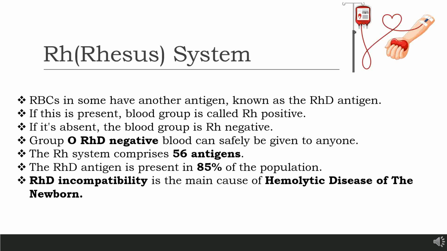The RhD antigen is strongly immunogenic and is present in approximately 85% of the population. Antibodies to the RhD antigen are not naturally present in the serum of the remaining 15% of the persons, and so they are called Rh negative. But their formation may be induced by the transfusion of Rh positive red cells or by exposure acquired during delivery of an RhD positive baby. The RhD system has the main importance in obstetrics because it is the main cause of hemolytic disease